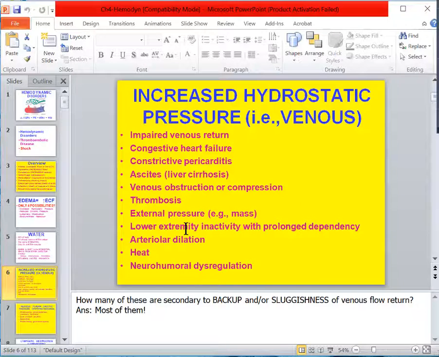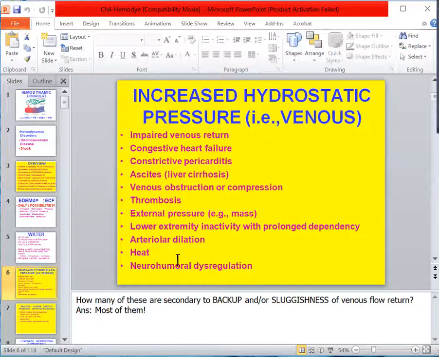Or let's say that you just have not had the opportunity to draw or exercise your calf muscles because you've been bedridden for a long time. You no longer have that ability to pump that venous blood from your lower extremities. Technically speaking, arterial dilatation would be a factor as well. You know that heat would result in increased hydrostatic pressure,